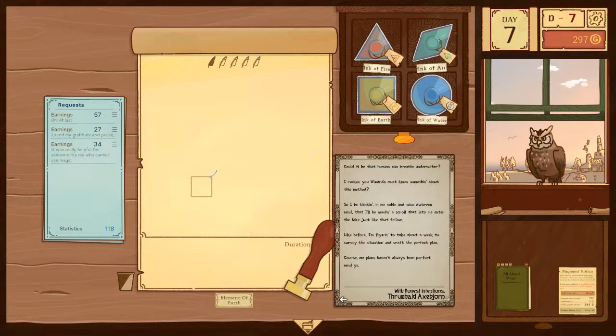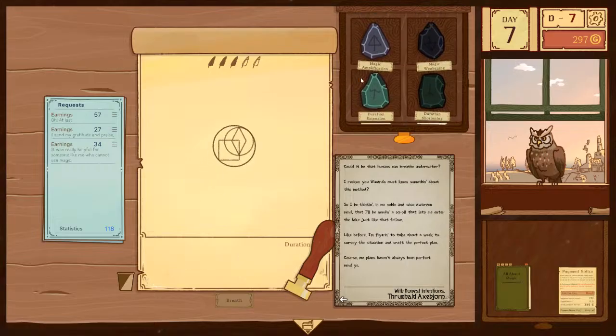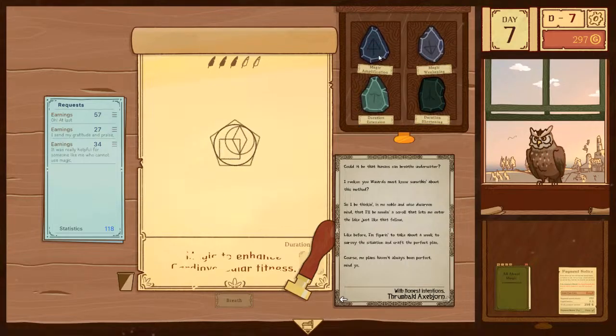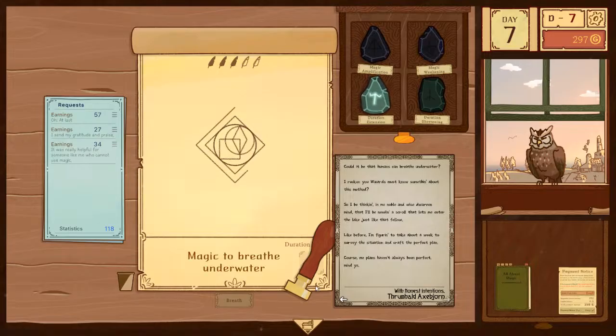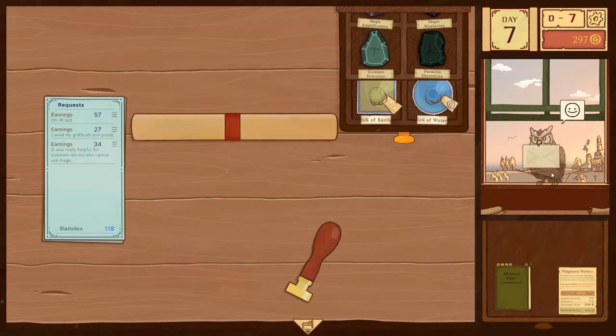That looks weird. They both need to be on this side. There we go. Real nice. Breathe underwater for a week. Off you go.